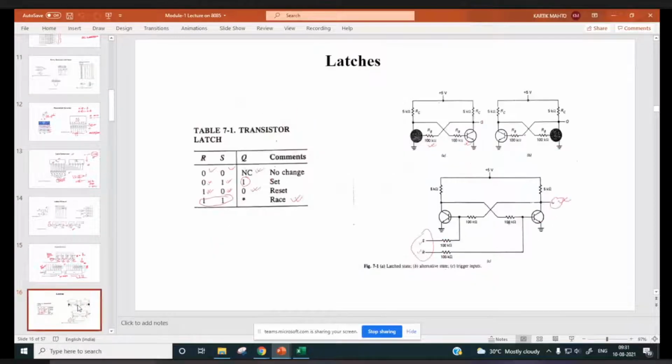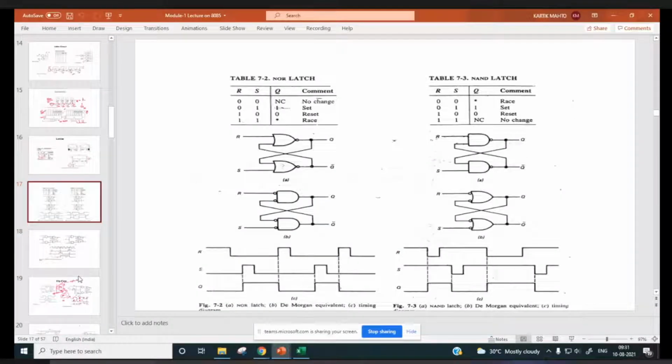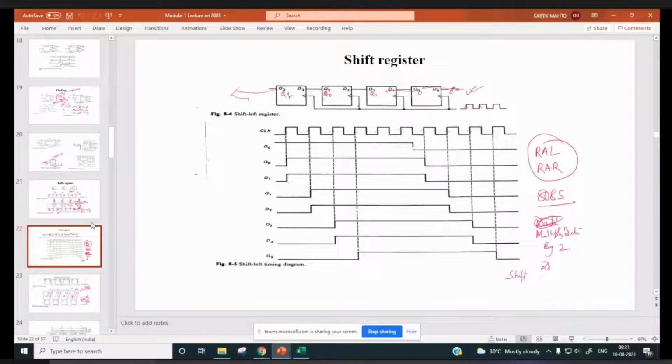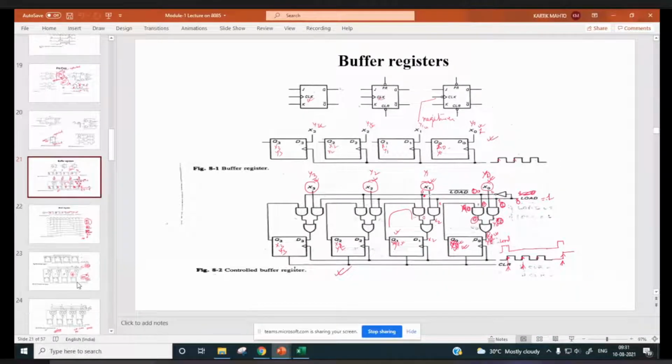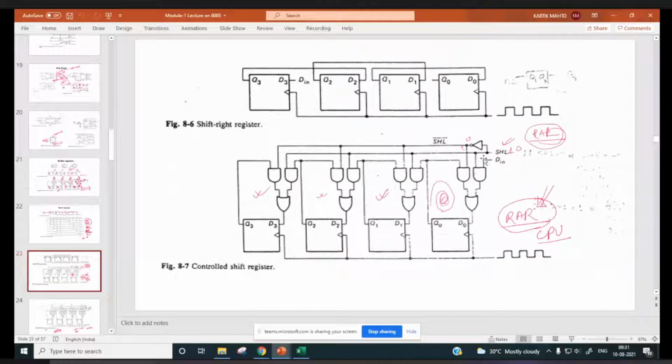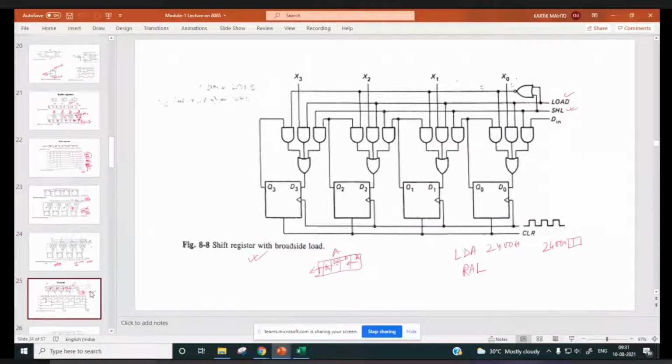The next is flip-flop also. So how a flip-flop can be used to design to store data. Here 4-bit data loading parallelly we discussed. And how the loaded data is stored back, that also we discussed over here with each clock pulse hitting. Then here loading and shifting is there. All this circuitry we discussed earlier.